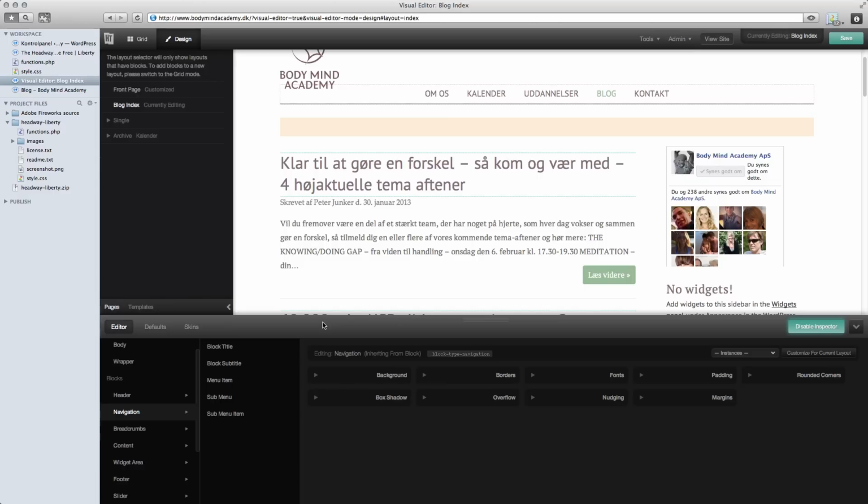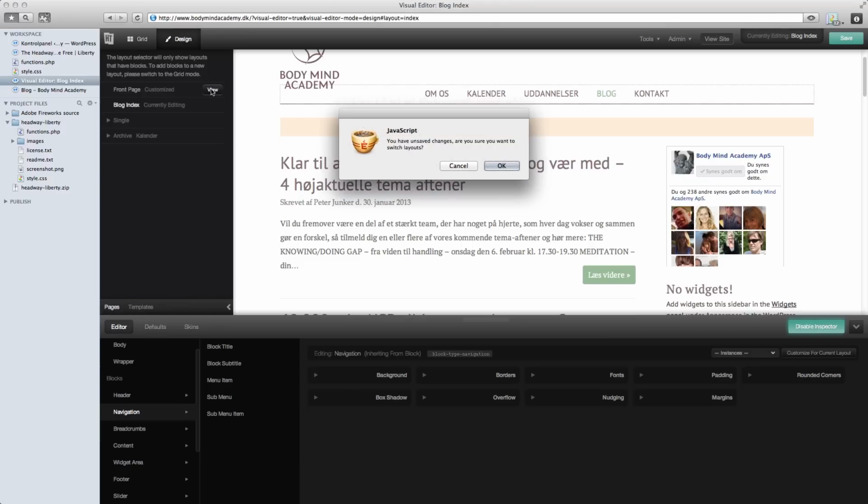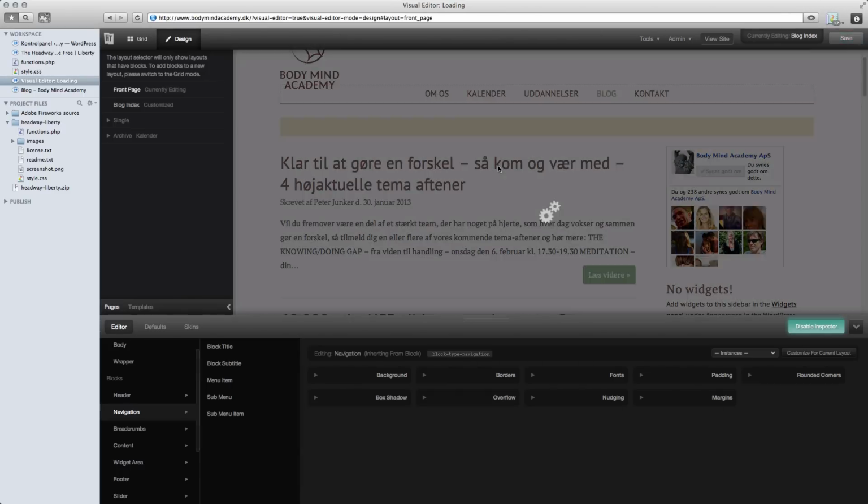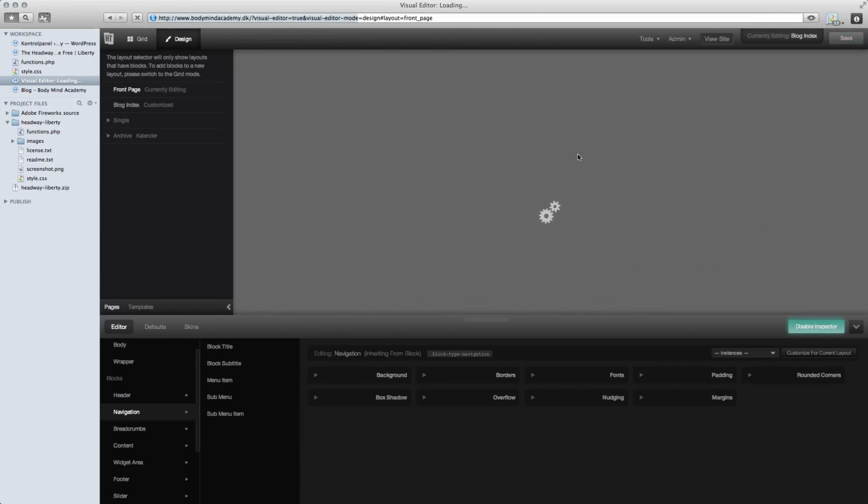It's very user friendly. Of course, you will need to write a little bit of custom CSS, but in Headway's case, it is very, very little CSS that you have to write. When you do that, there is something that's really cool about Headway. There's so much that's cool about Headway. Let's just skip that and enter the front page for me to show you